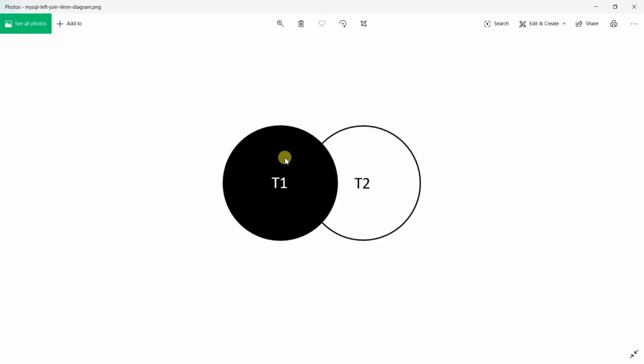As we can see here, t1 represents table 1 and t2 represents table 2, right? So in left join, one key point that you need to remember is all the rows from t1 are selected, right? Even if the join condition is not matched, all the rows from t1 are selected, and only the rows from t2 that match the join condition are selected. Okay,